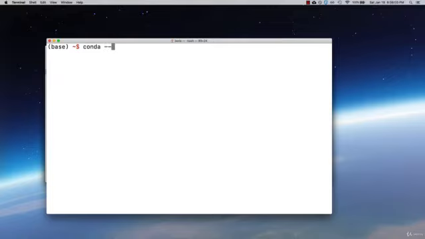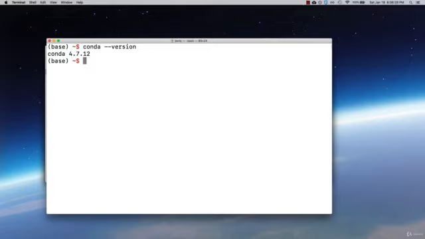Sometimes it's going to be 1 dash, but in this case it's 2 dashes, and we can write out the word version. And of course, this translates exactly as it might read. Hey, Conda program, tell me about your version. What is it? For me, it's going to be 4.7.12. On your end, you might see a different number here. That is totally fine. You're obviously watching this in the future, and your version may be a little bit more